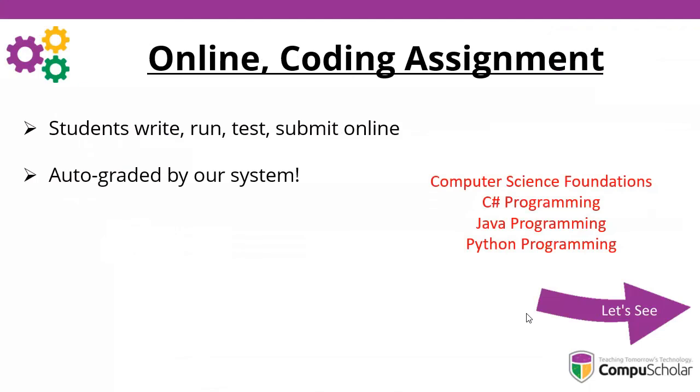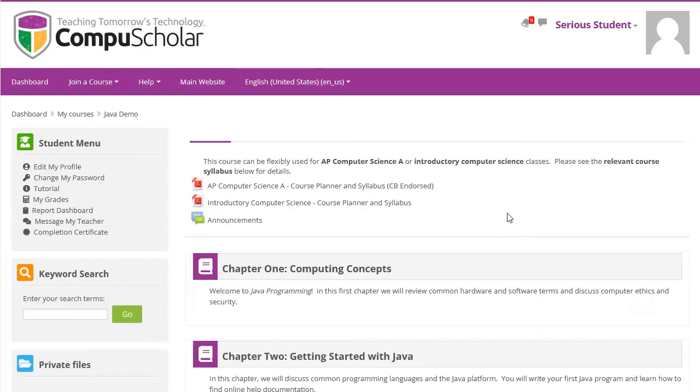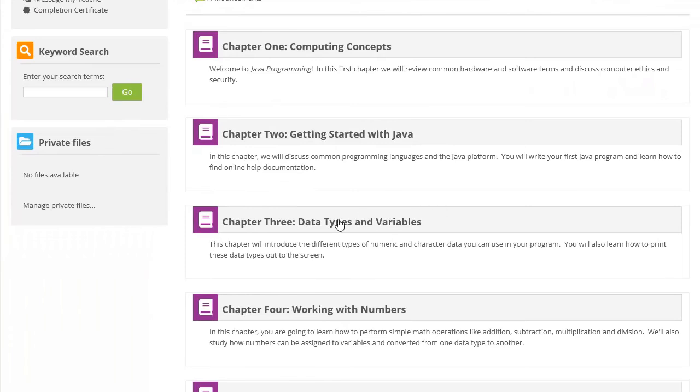And the courses where you will most likely find these are the Computer Science Foundations course, and the C#, Java, and Python programming courses. So let's go take a look at the Java course as an example and show you how these work. I'm logged in as a student in the Java course, so let's go down and click on Chapter